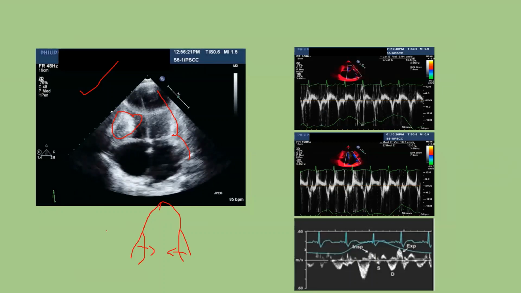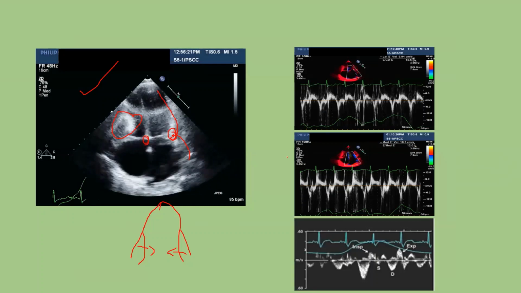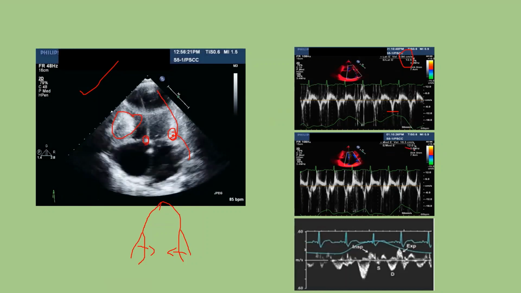Now, if you look here at the lateral, of course we take the velocity at the lateral annulus and at the medial annulus. Okay, this is the velocity at the lateral annulus, which is here. It is 12.5. Now we take it at the medial annulus. It is what? 12. If this is normal or abnormal,